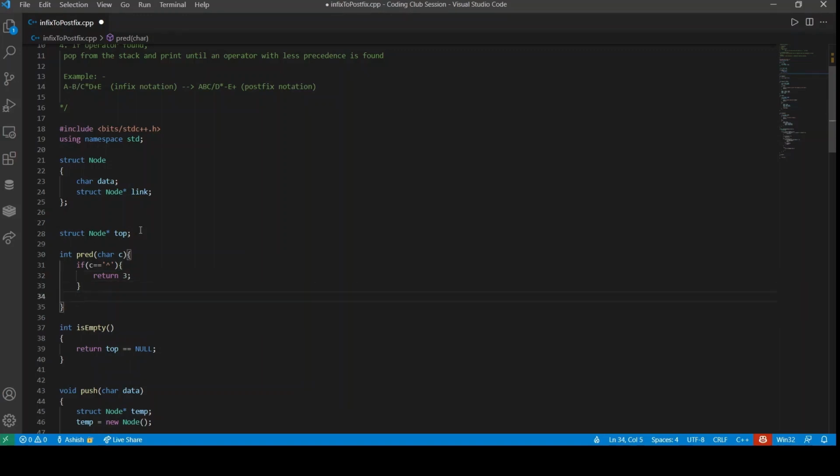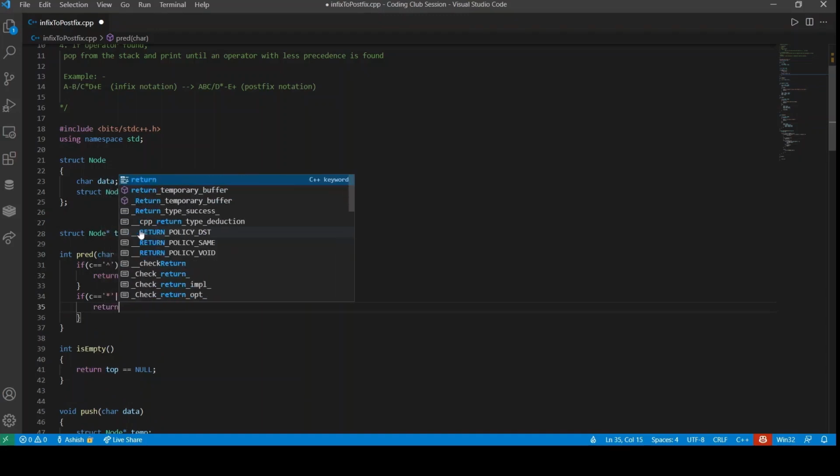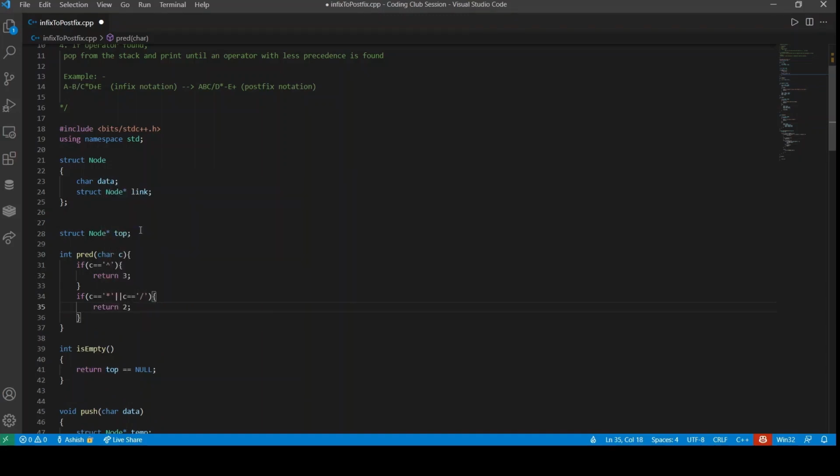If it is multiplication or division, because they have similar precedence, return 2.